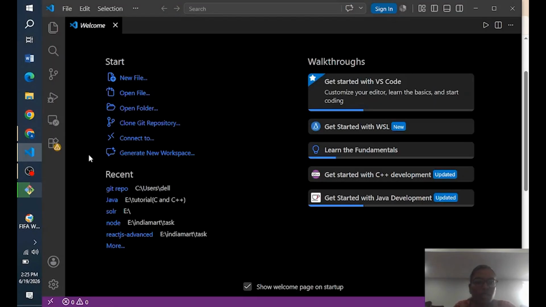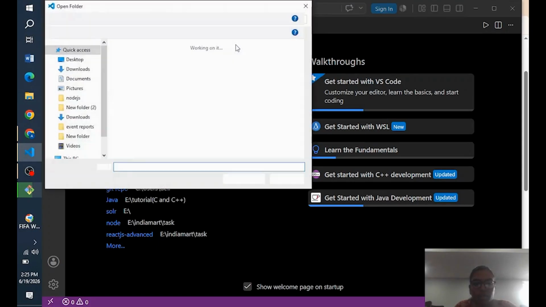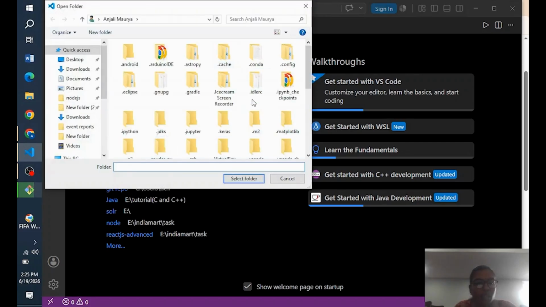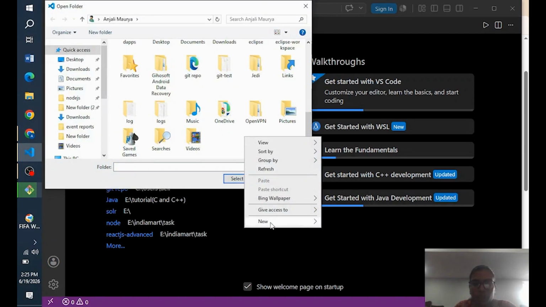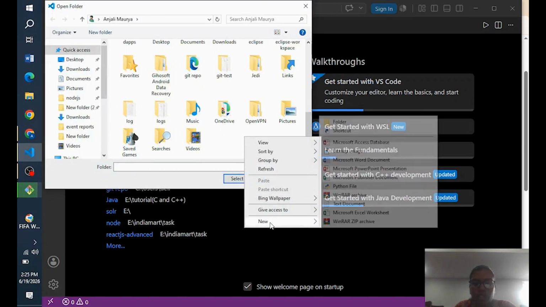So now let's see VS Code. Okay, so in VS Code, let's open one folder. Here you can use any folder, or if you want to create a new one, then you can create a new one.